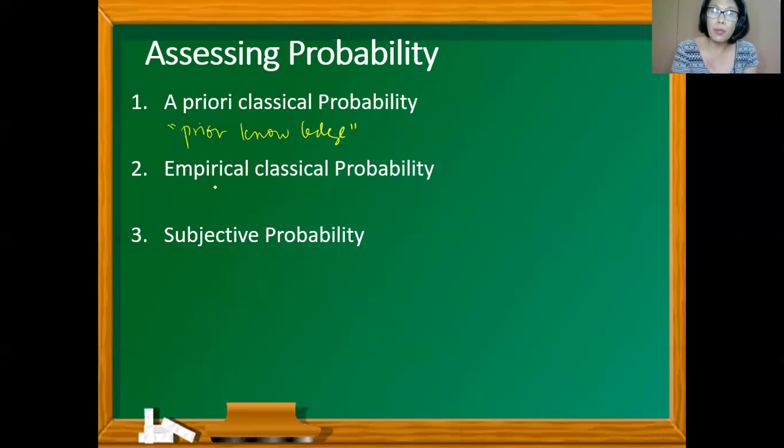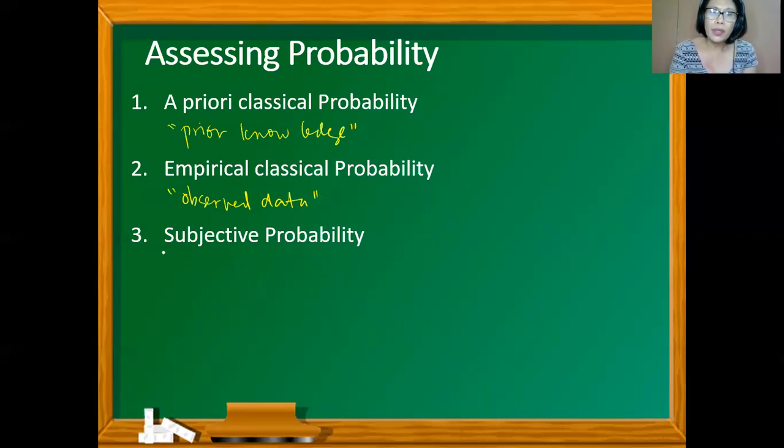If it deals with observed data, this is about working on empirical classical probability. Like you have a set of data, a result of data from a survey, then you want to calculate probability involving that observed data. So this is about empirical classical probability.